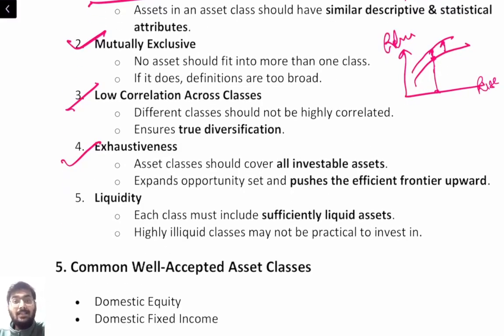The fifth point is that an asset class must have enough liquidity. Liquidity means how easily an asset can be bought and sold. If buying and selling is difficult and transaction costs are high, then this particular asset class is not ideal for allocation in my portfolio. Public equity is highly liquid, so I can use it in my portfolio, but private land is much less liquid. You don't know when you will be able to sell it and at what price. Are you clear with this? So can we move ahead?